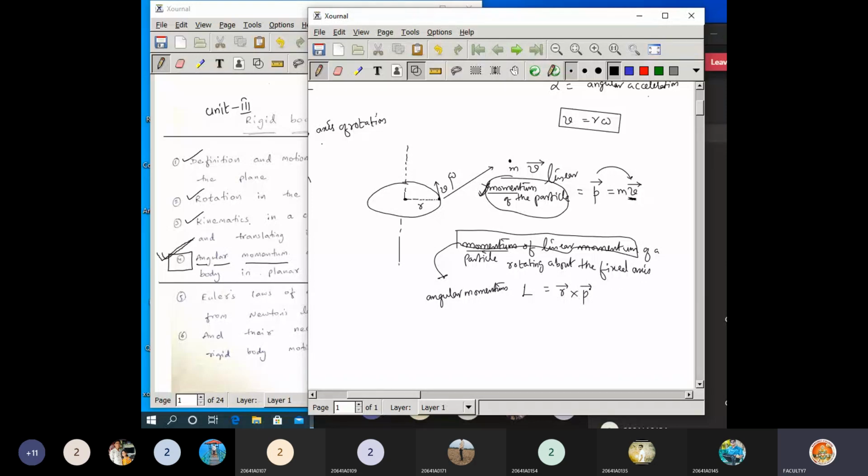Now why we are considering R cross P? Now let us identify here the direction of P will be same to the direction of V. Now you can mark here P is there instead of V and omega. Let me do one thing. I will erase this to avoid the confusion. Now I'm going to replace here. Let me write here. So here this is the direction of P, the momentum, the linear momentum of the particle. Now if you can identify here, why you are writing this as R cross P.